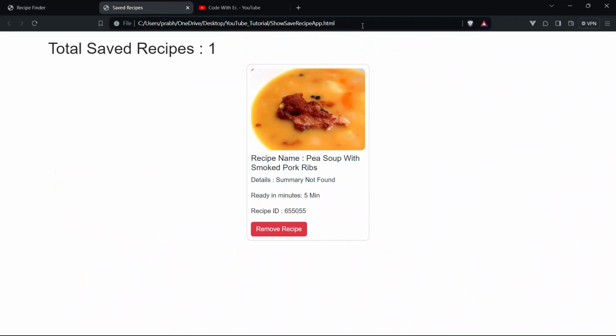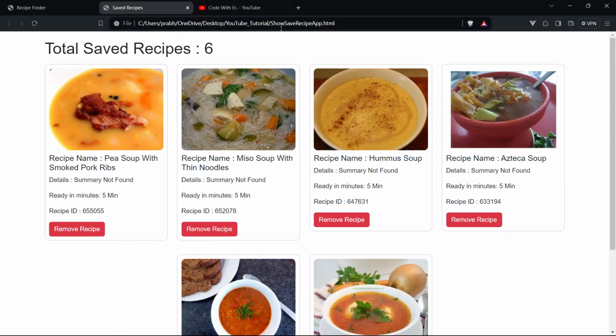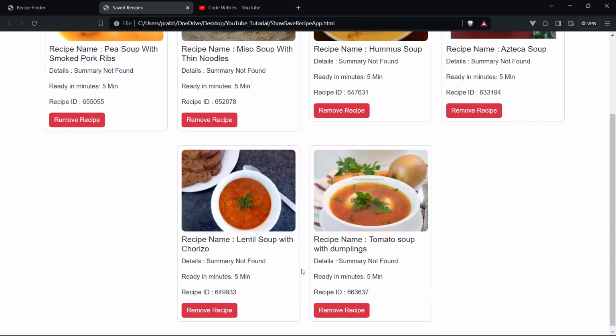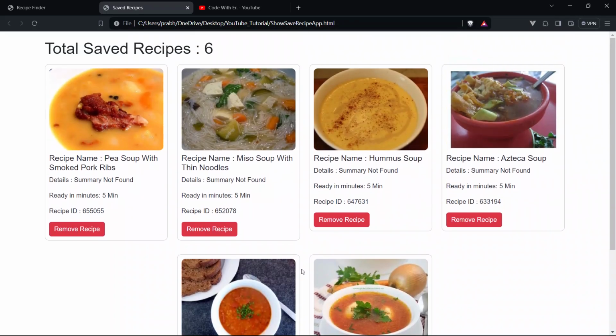Sorry, as of now, guys, you can see total saved recipe is only one. The moment we refresh this page, we will be able to see some more recipes here. Refresh the page now. See, boom guys, you can see total saved recipes is 6. And we can see the awesome and nice looking cards, along with the dish picture, recipe name, details, ready in minutes,